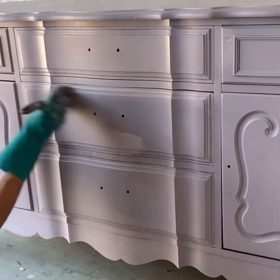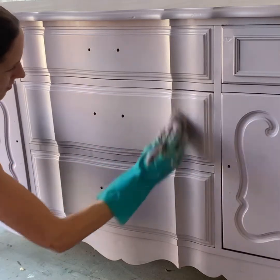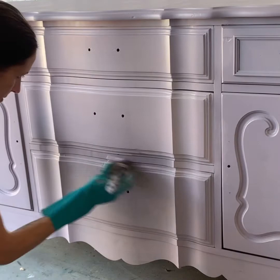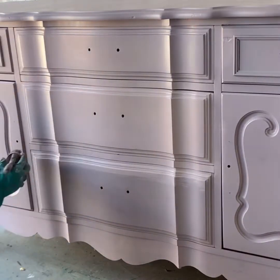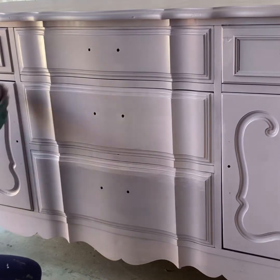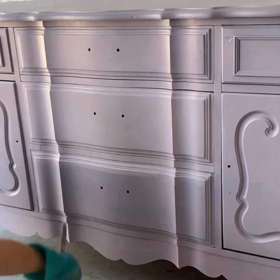When I first started out, I was such a rookie, and I would just finish a piece and take a picture of it, and then I would put it up on Marketplace, and it wouldn't be staged. It would just be a random picture, and it would not be very appealing. So something that I have really learned over this past year especially, and I am still learning,